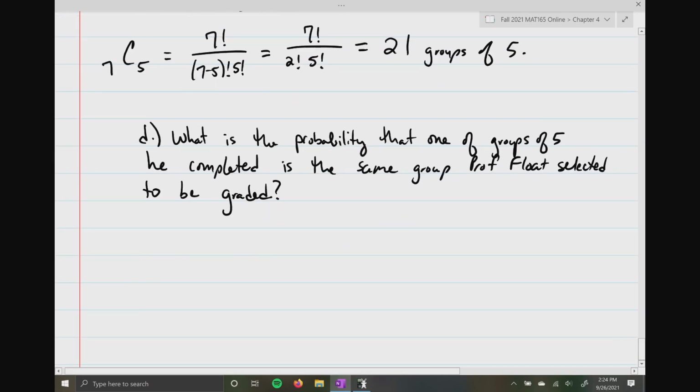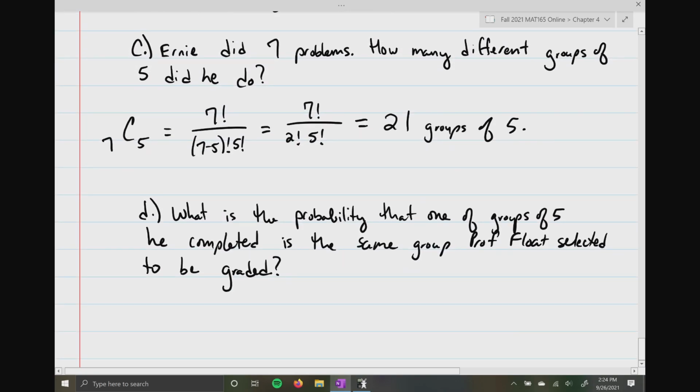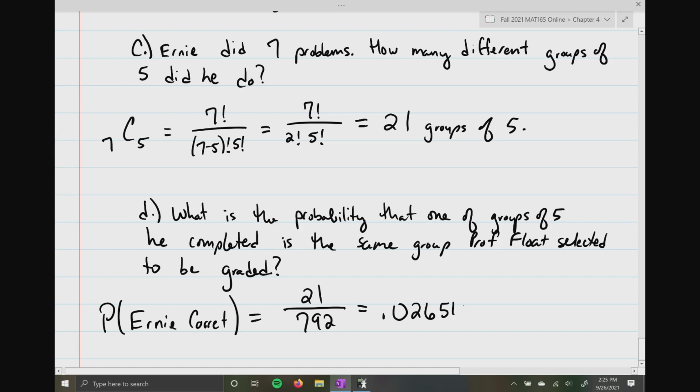So part D is, well, what's the probability that one of the groups of 5 that Ernie completed is the same group as the ones that Professor Float scheduled to be graded? So in this case, we'll say P of Ernie correct is going to equal, well, how many different ways can Ernie pick his group of 5? Well, it's going to be 21 different ways over the total amount, which is 792 groups. So this is equal to 0.026515, or if we round to 1 decimal place,